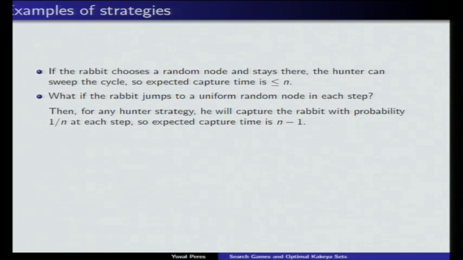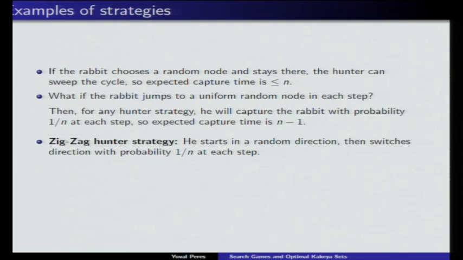A sweep for the hunter in our talking. So start somewhere random, and what do you mean by sweep? So you just go right, but for how long? If you go forever, maybe it's reasonable as a strategy for the game of length n, but for the unbounded game that would not work well if the rabbit does the same. They can sweep like that. But say sweep for order n moves and then change direction, right? So this is the natural guess.